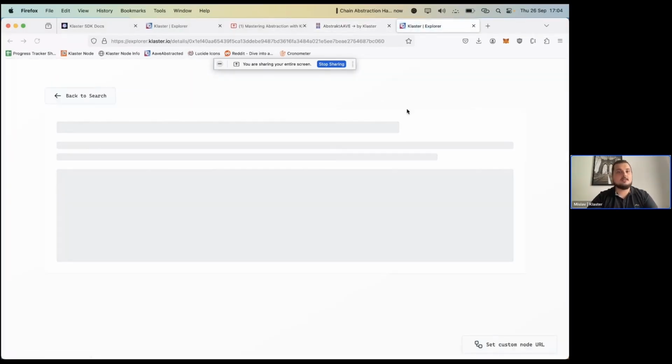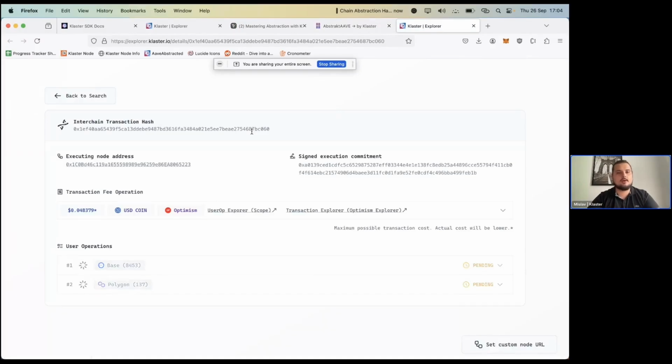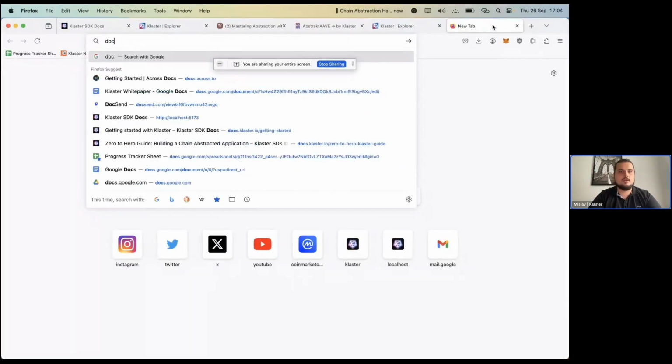I open the Klaster Explorer. This is another one of the tools that Klaster has in our stack, where you can track the progress of these transactions. While these transactions are being executed, I'll give you a hint on what is what in the Klaster Transaction Explorer. Here you have your interchain transaction hash. So what is an interchain transaction? We'll go here,